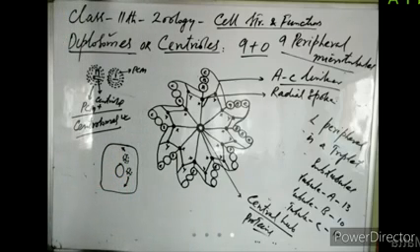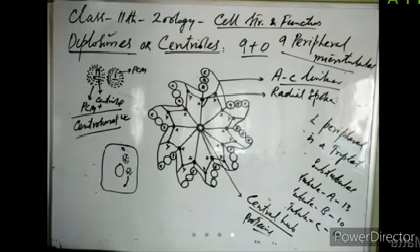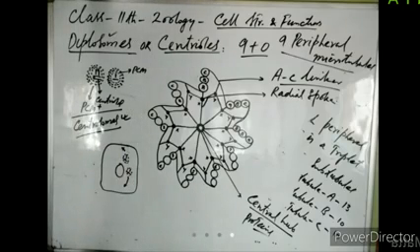So in a non-dividing cell, you may have just a single centrosome somewhere around the nucleus. When the cell starts division, either mitosis or meiosis, these centrosomes replicate. From a single centrosome, two centrosomes are formed. And then they migrate to two opposite poles of the cell where they organize the spindle, right? So that is the function of centrosomes. They are involved in the organization of the spindle during mitosis and meiosis.